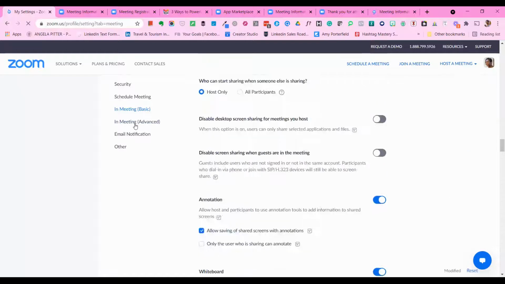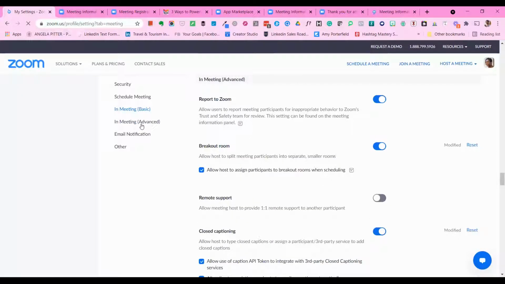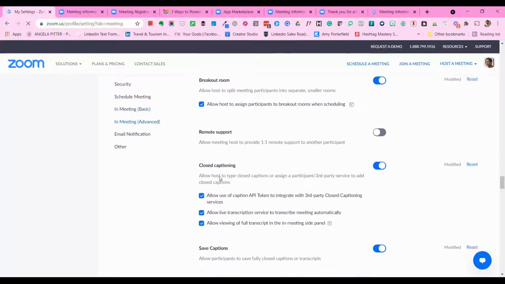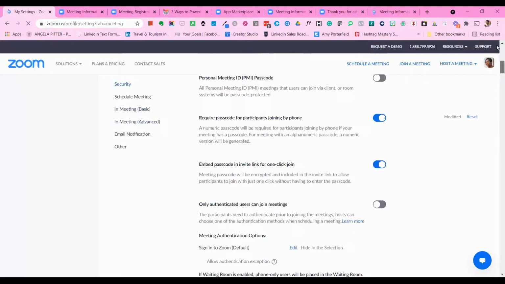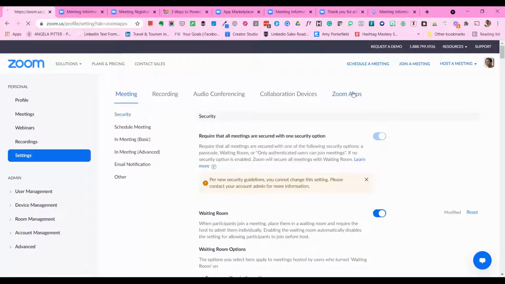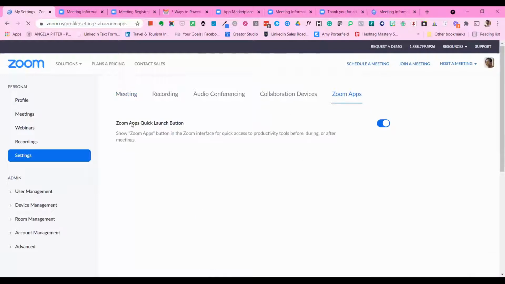The other thing that's going to be key after the event, if you go into this advanced, you'll see this closed captioning. Make sure that's on. All of these boxes are checked, as well as saved captions is on. And finally, during the event, all of that goodie happens right here with the Zoom apps. Make sure you turn that on as well. So let's get to it now. Let's talk about what's going to happen